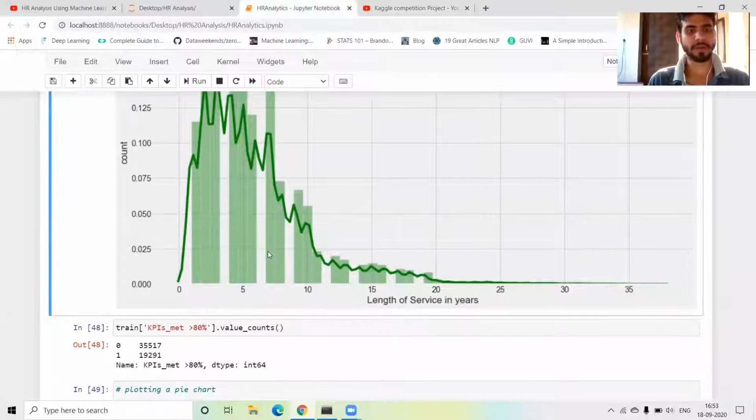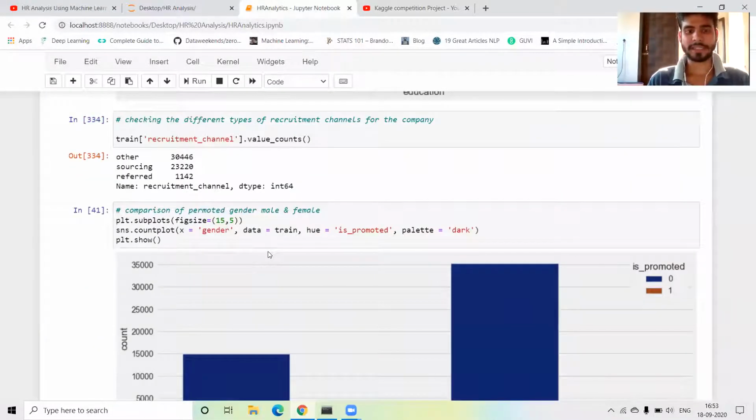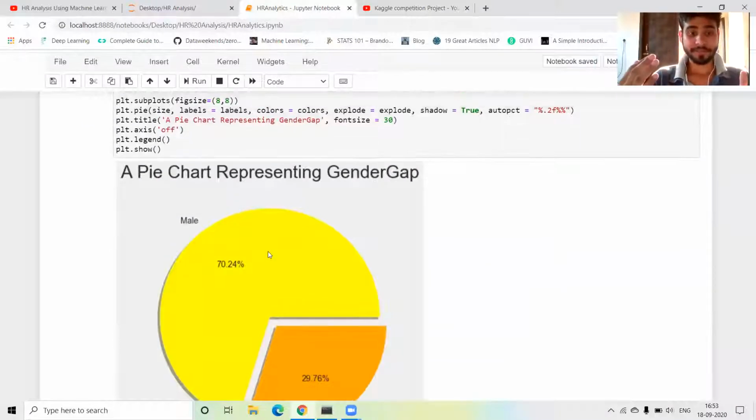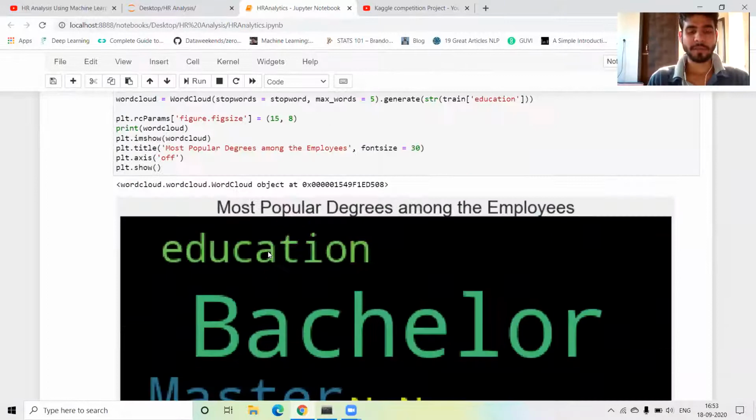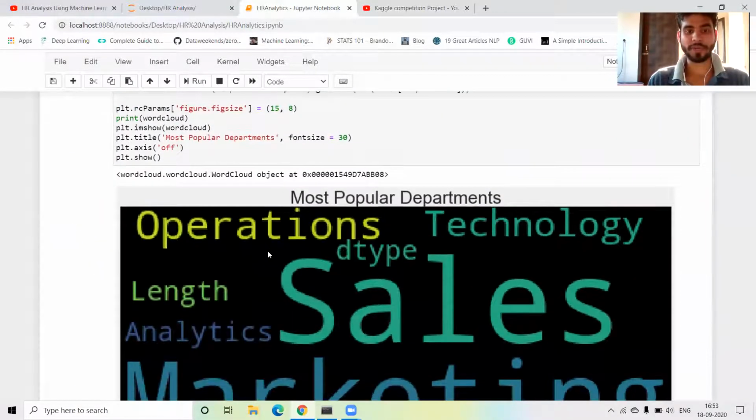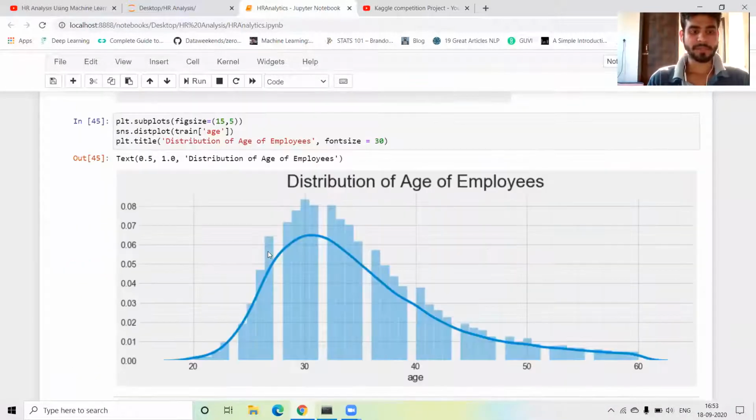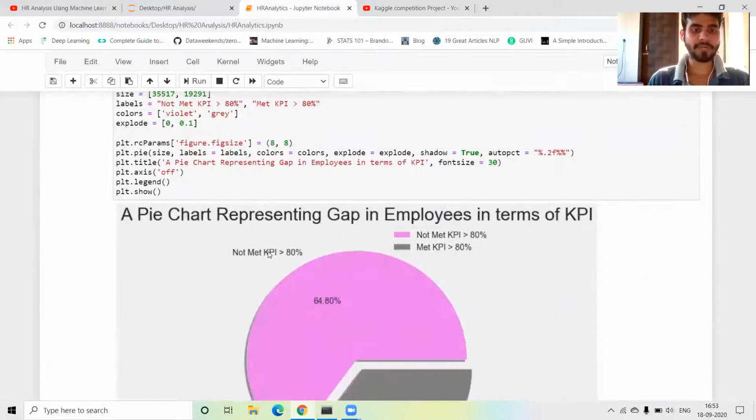In the previous video, we plotted different types of plots and saw how our company data works. We plotted a pie plot, a word cloud as well as a count plot. There are many plots we have already discussed in the previous video, and in this video we have continued with